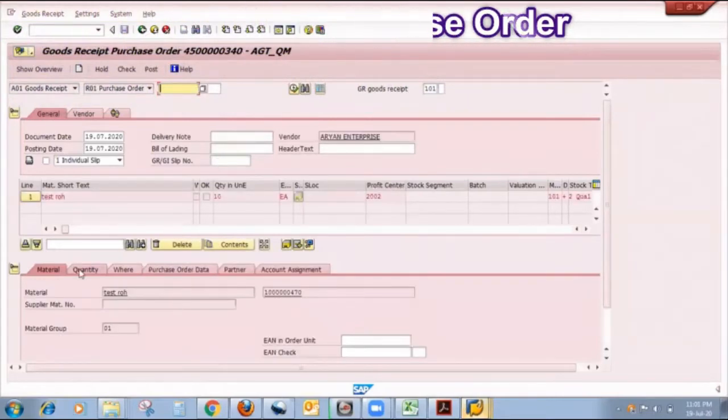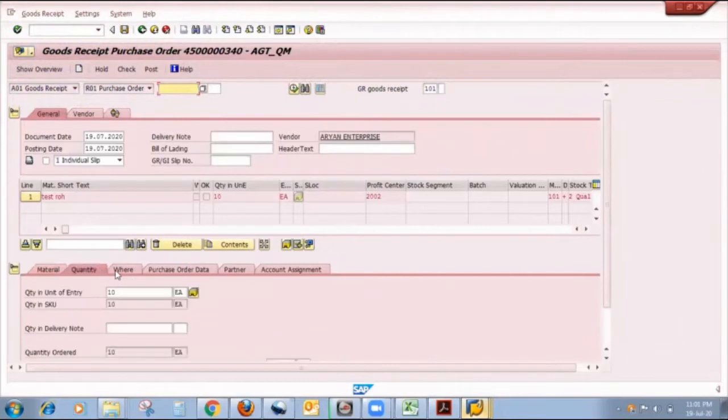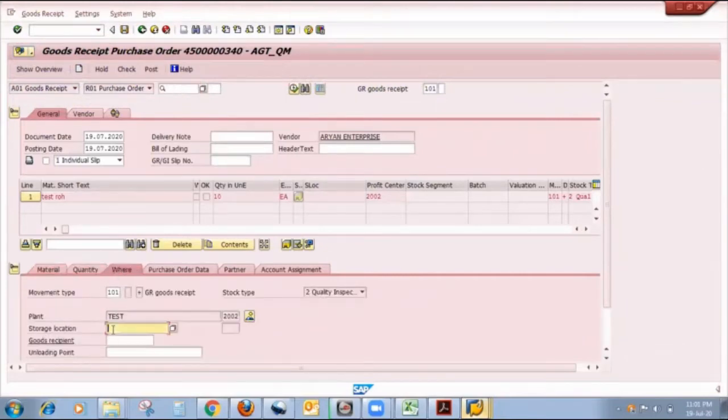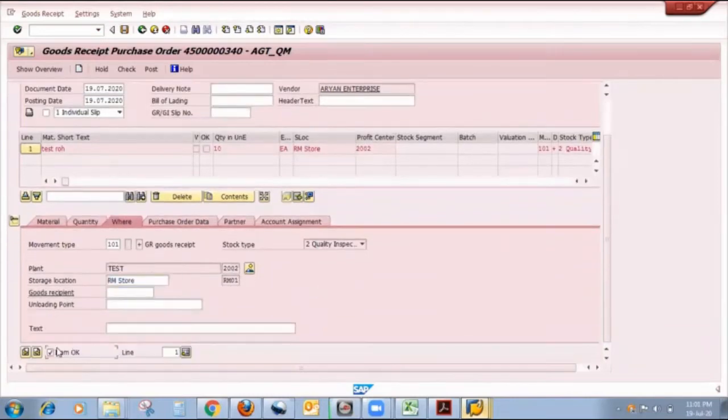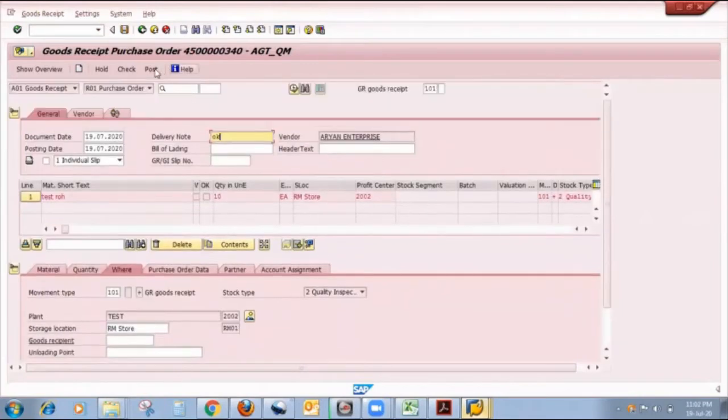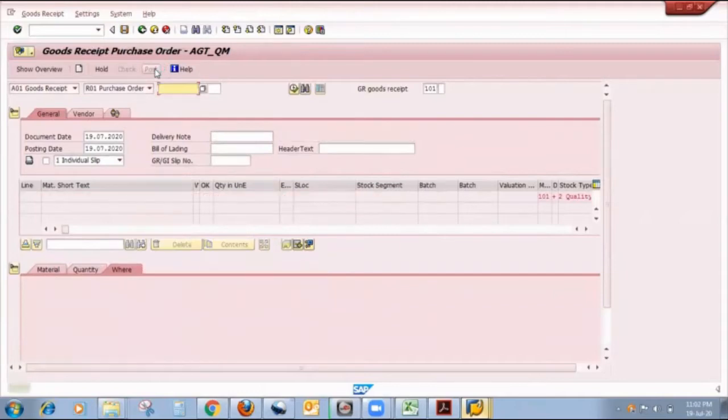Here is my material, here is my quantity, here is my location. So I want to put here my location where I need to put that quantity. Here item okay and delivery note. Now I want to post that material directly. Yes. So now friends, the material document is posted.